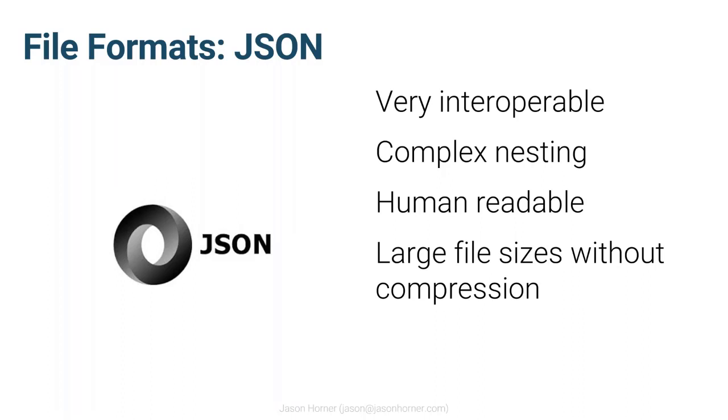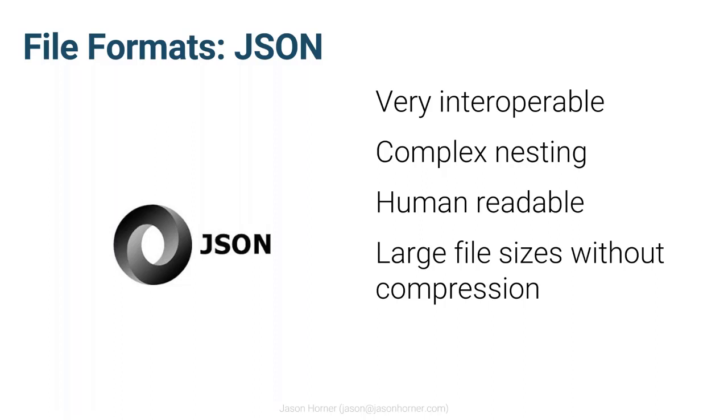JSON, so a lot of sources like REST APIs support JSON natively. So a lot of people will just take that JSON and store it in the data lake. It's very interoperable, but like I said, it has complex nesting, so multiple levels of object and array nesting. It's still human readable, and to some extent it's self-describing, right? There is a schema there, but if you don't use compression, it can have extremely large files, and depending on how that JSON is structured, it might not be splittable, which we'll talk about later, which has some